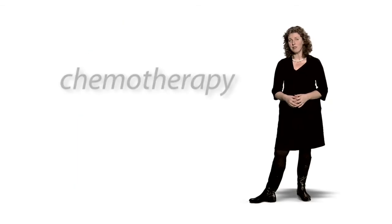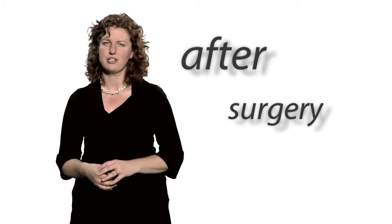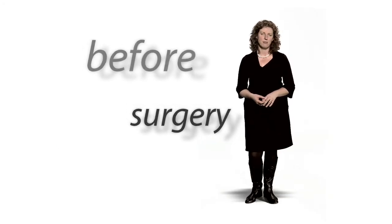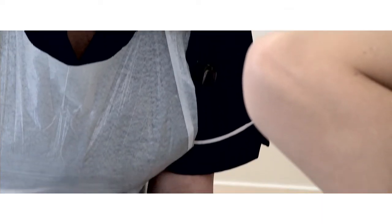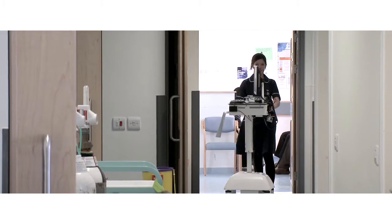Some women will require chemotherapy. This is typically a combination of drugs injected into a vein which work by destroying cancer cells. For breast cancer, you will usually have chemotherapy after surgery to reduce the chance of your cancer returning, and this will be before radiotherapy and hormone therapy. Some women will have it before surgery to shrink the cancer to make a breast-conserving operation possible. You will usually have your chemotherapy as a day patient once every 3 weeks over several months. The new chemotherapy area of Barts Cancer Centre has been designed to be as comfortable and relaxing as possible for